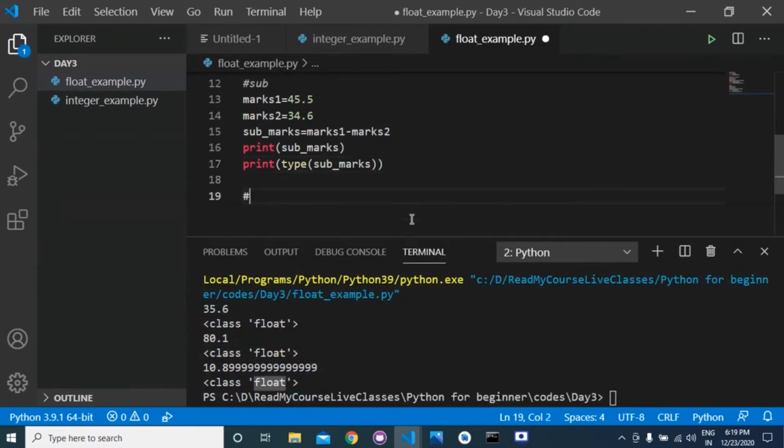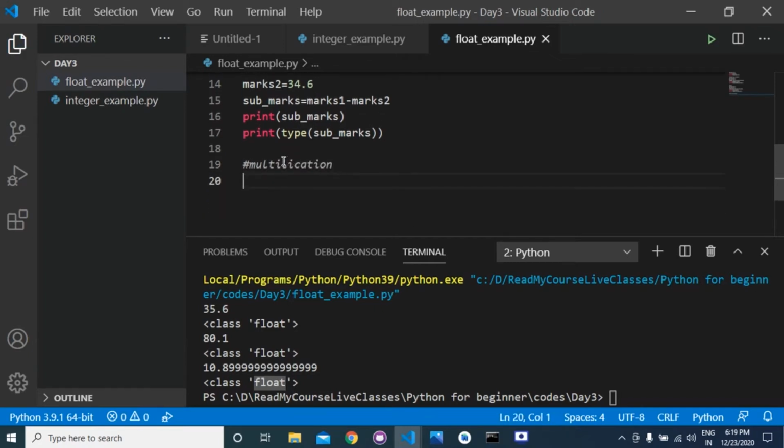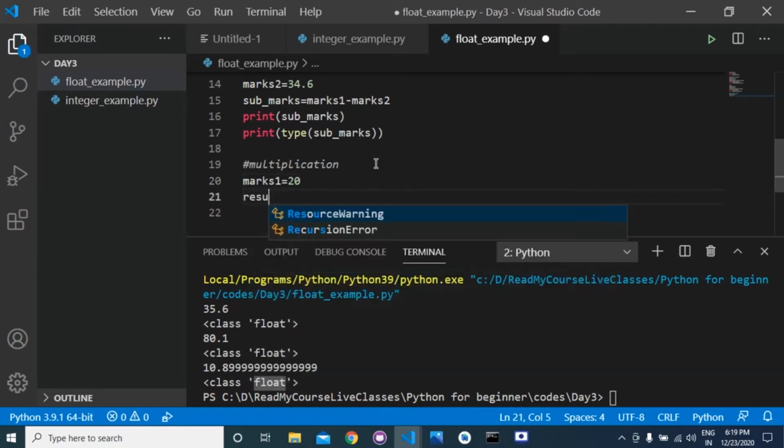Similarly, you can also do multiplication. Suppose marks 1 is equal to 10, and you want result equal to 3 star marks 1.